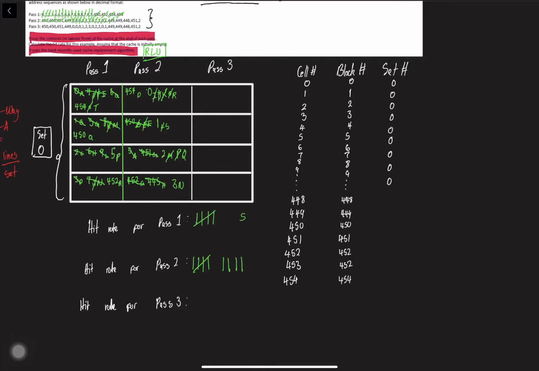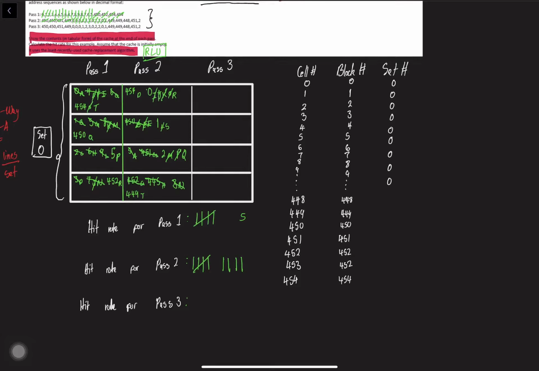We ask ourselves the least recently used, and in this case we have an N for least recently used, and our N, we will have the 449 in place of that, and from our S we go to T,